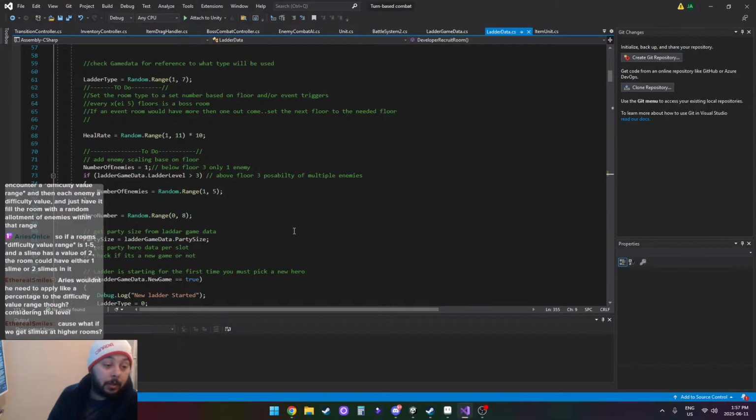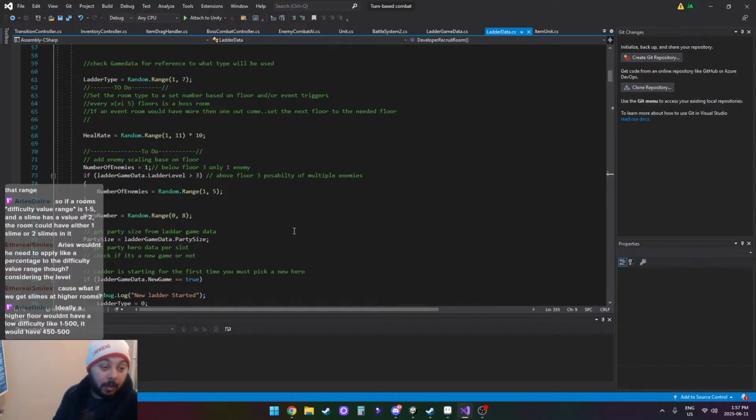Wouldn't you need to apply like a percentage to the difficulty value range though, considering the level? Because what if we get a slime at a higher room? Well, that's the thing. What I would have to do is have 2 things in place. A higher room wouldn't have a low difficulty like a 1 to 500. So I'd need a base...